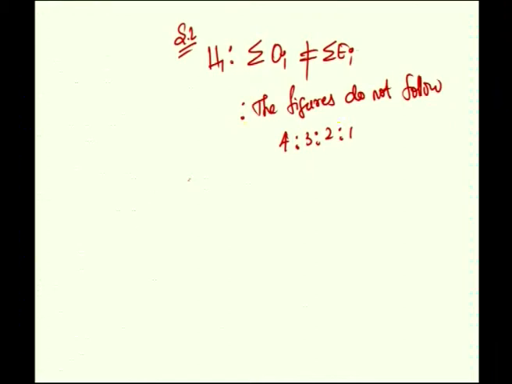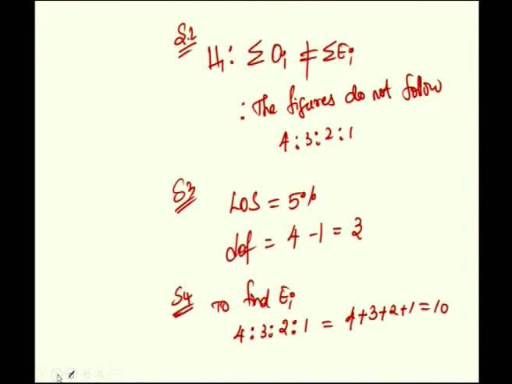4 is for failed, 3 is for third division, 2 is for second division and 1 stands for the first division. Okay. Step 3 is level of significance, at 5% we shall verify, and then degrees of freedom. Since there are 4 types of categories, 4 minus 1 is equal to 3. Then step 4 is your calculation part of EI and chi-square value. Okay. So, step 4 is to first find EI.